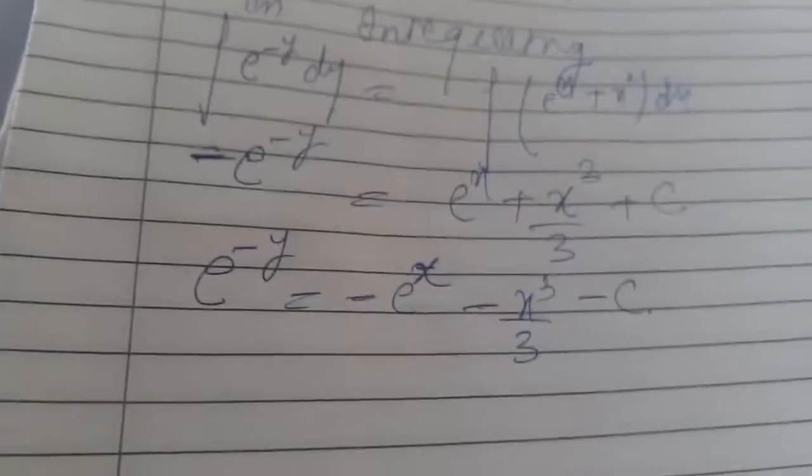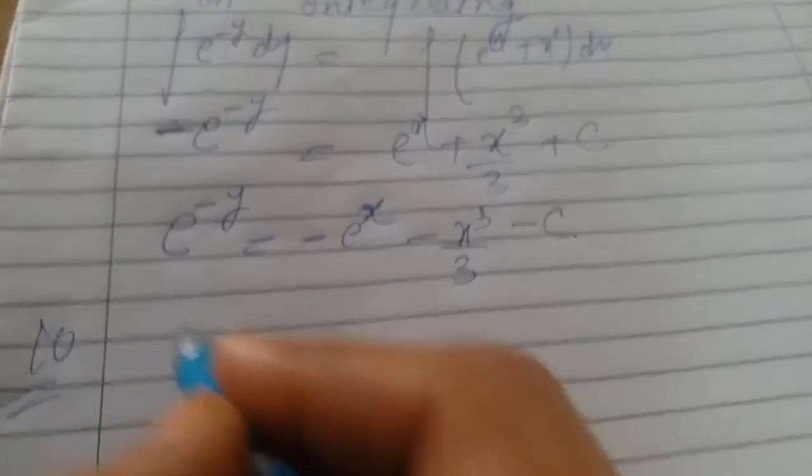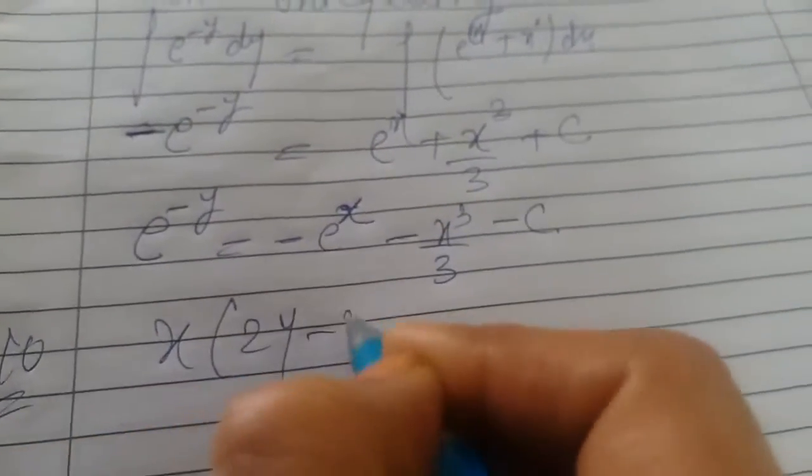In a similar manner, you can do all the questions of this type. Now I can show you question number 10. What is it? Wait a second, beta. Question number 10. It is x into 2y minus 3